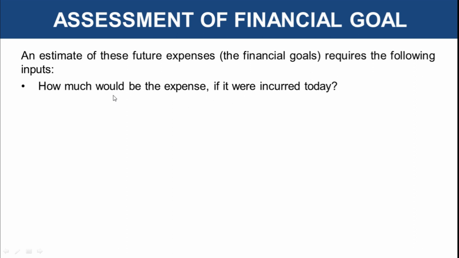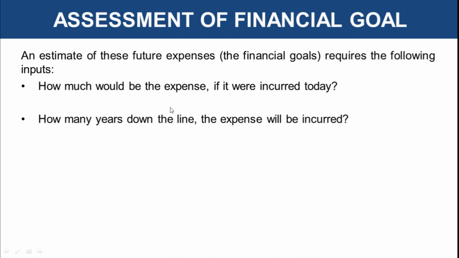So you should know when you are assessing any financial goal which is there in your mind. It could be related to your marriage, buying a house, a car, anything that I mentioned. We took an example of education. It could be in any area. So you have to think how much would be the expense if today at present you want to achieve that particular financial goal. So what is the present value?